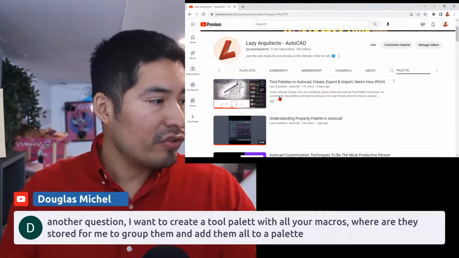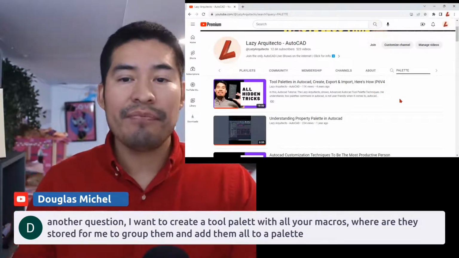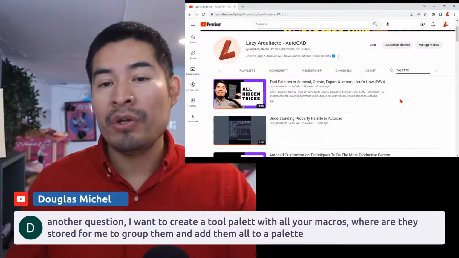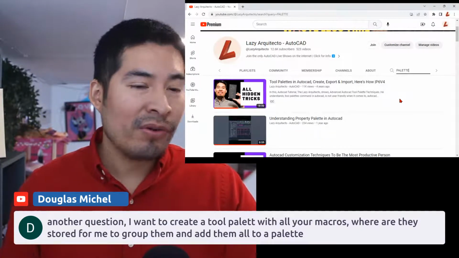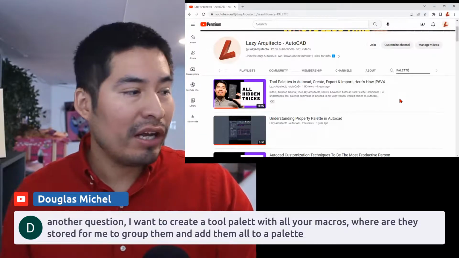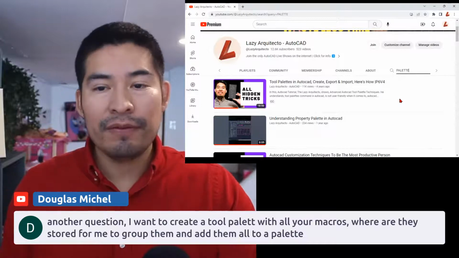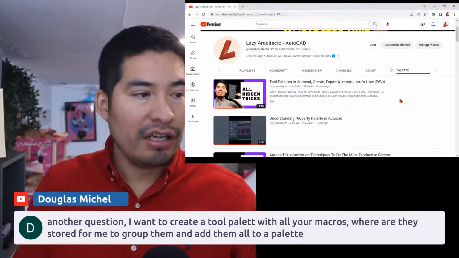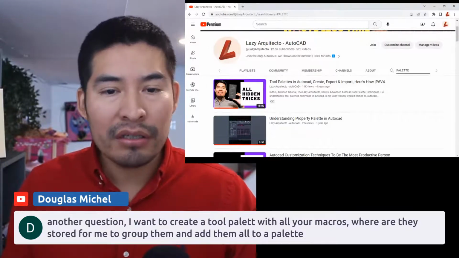It's all hidden tricks for tool palettes. And here is where we show you how to add commands to the tool palette, how you can export your tool palette, import them, and do all kind of stuff with your tool palette. So that's what you need, my friend Duke. And of course, if you have questions, you can just put it in the comments, and then I'll be able to quickly help you, right?